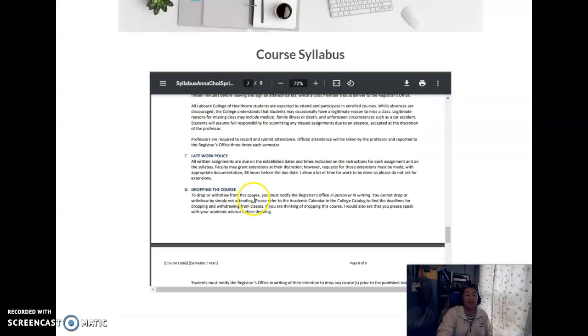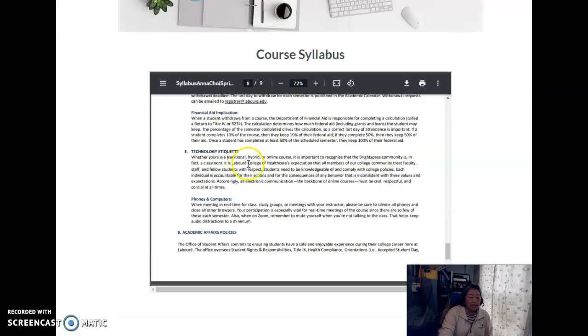late work policy. Basically, get to the deadline. I'm not going to give you any extensions because this class moves very quickly and I can't keep opening and closing 50 different requests from different students. So get the work in on time, period. Just get it done. Make sure you have a working computer. You really can't afford to have a computer that's always breaking if you're taking an online class, because I cannot accommodate the fact that you have no access to the class. So just make sure that you do.